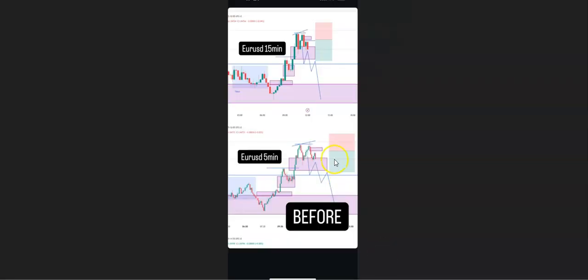So let's go over the charts. This is what we had, for example, yesterday. This is the combination of 15 and 5 minutes. So if you don't like to trade 5 minutes, you can just focus on the 15 minute and you will look for potential structure shifts to the downside. So as you can see, here we had really nice structure shifts on the 15 minute. As you can see, we have this kind of a double top, and then we had also a nice shift on the lower time frames. 5 minute, we had a nice fair value gap level, we had nice confirmation, and the idea was